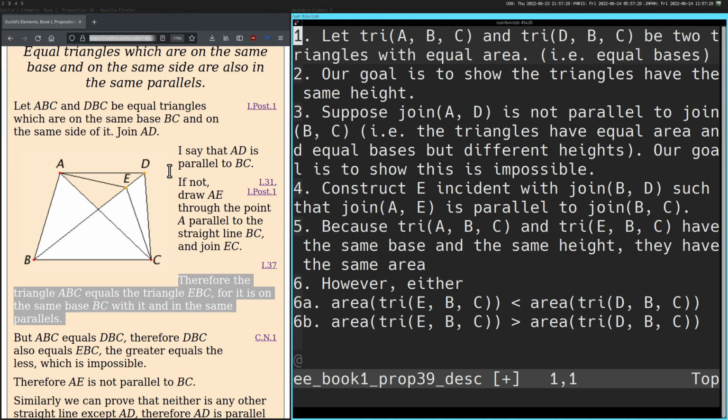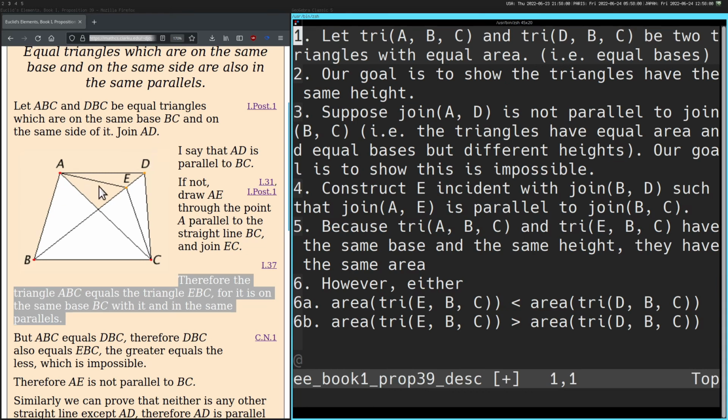Our goal is to show the triangles have the same height. So, suppose the join of AD is not parallel to the join of BC, i.e. they have equal area and equal bases, but different heights. Our goal is to show this is impossible. So construct E here, incident with the join of B and D,